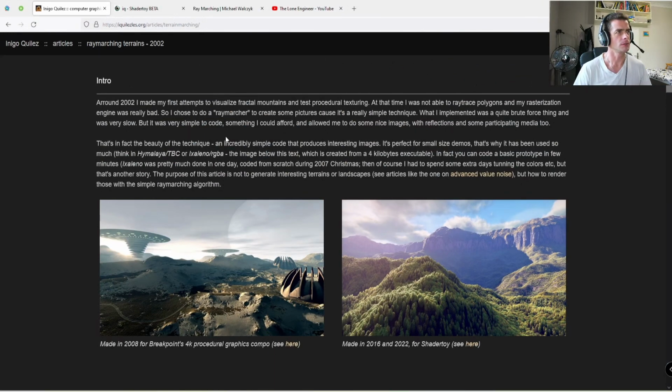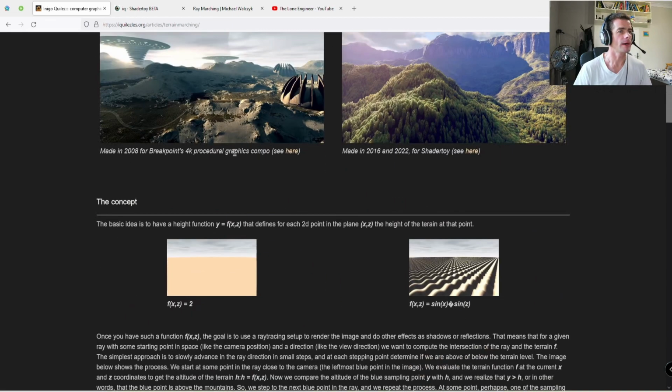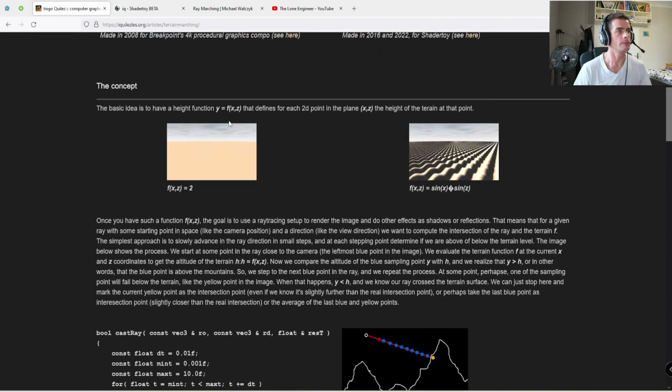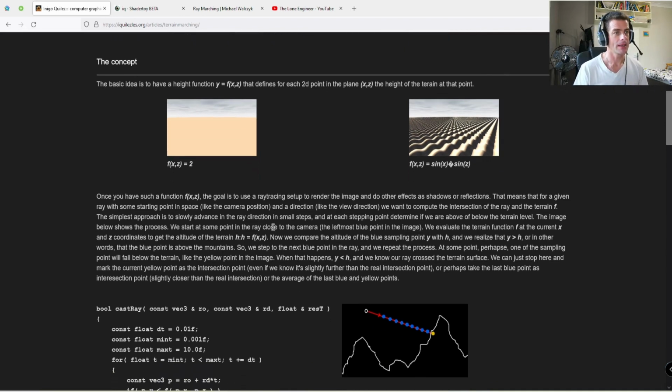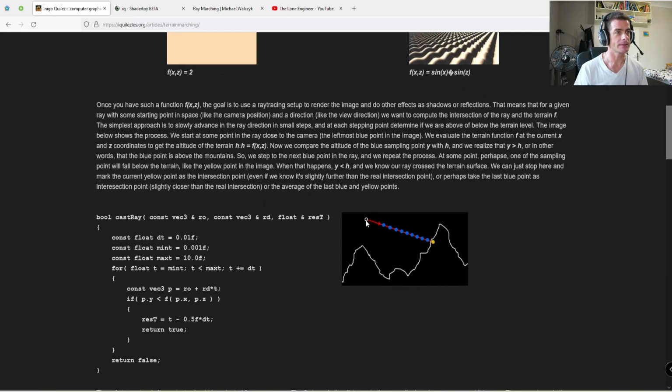Yeah, this is it, right? Terrain Marching. In here you have some kind of introduction of how you're supposed to use a terrain marching system to display a terrain. And yes, this small drawing is interesting, because here it's actually showing you that this is different from what we've been using before with this sphere marching, because when you're doing your steps to find the